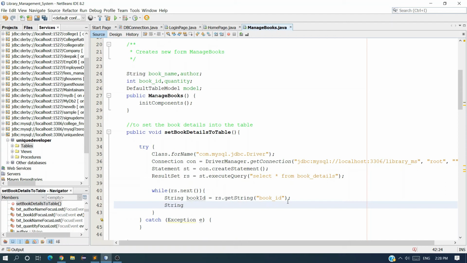It's okay if you make book id a string also, no problem.